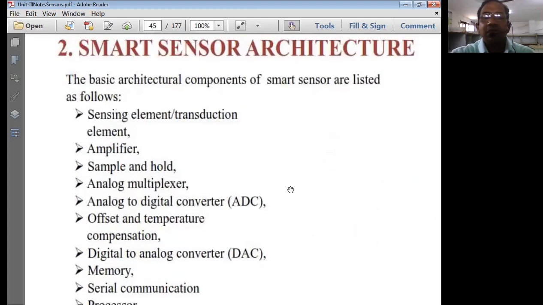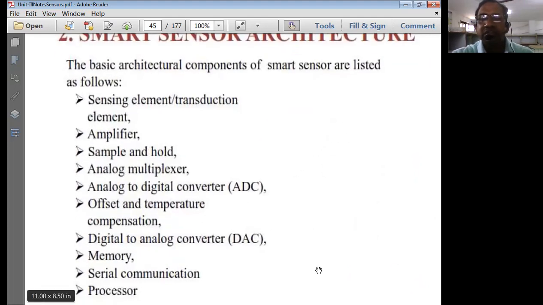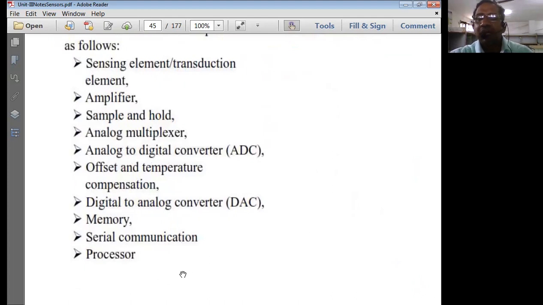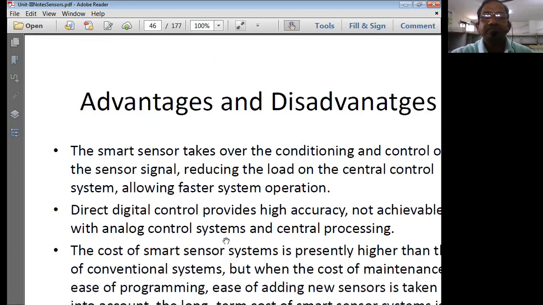Now, in the architecture of the block diagram, what are all the elements that we have got? Let us simply observe here. We'll be having a primary sensing element, and definitely an amplifier called buffers will be used. Inside buffer amplifiers only, we normally have sample and hold circuits. And we have used multiplexers, converters, A to D, D to A converters, offset, temperature compensations, memory, serial processor, serial communication unit, and a microprocessor or embedded controller. Processor means it can be a microprocessor, it may be a microcontroller. It is all based on the application once again. So these are all the things which we have just now discussed.